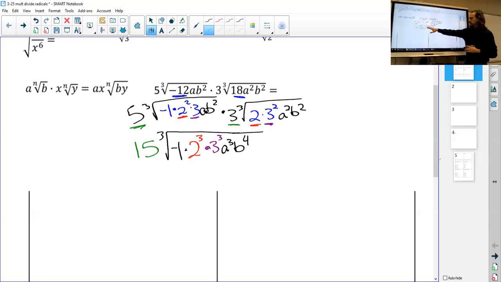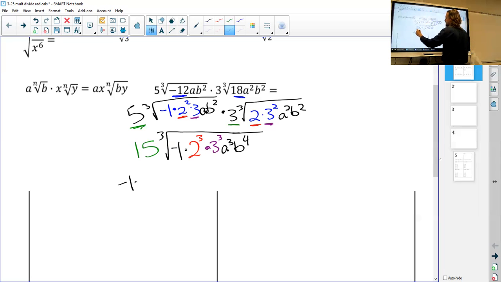So now, once I have everything multiplied together, your last step is always going to be, can I simplify the radical? And this is where all this prep work we did up here pays off, because now I already have everything separated out. And since it's the cube root, anything that I have at least to a power of 3, I can take the cube root of that. And that also includes negative 1. We can always take the cube root of negative 1. So I know I have, how do I want to do this? Let's put everything out here. So negative 1,